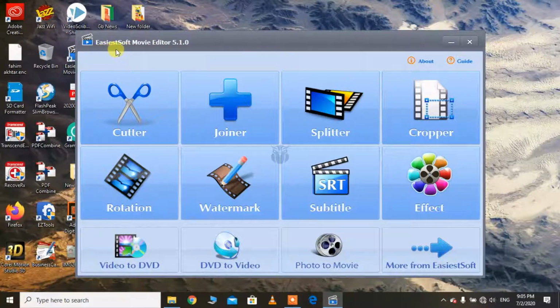Open this software, Easiest Short Movie Editor. I will give you the software link in the video description below. Please download it. Okay, now click the Join button. Joiner button. Now click on Joiner button,